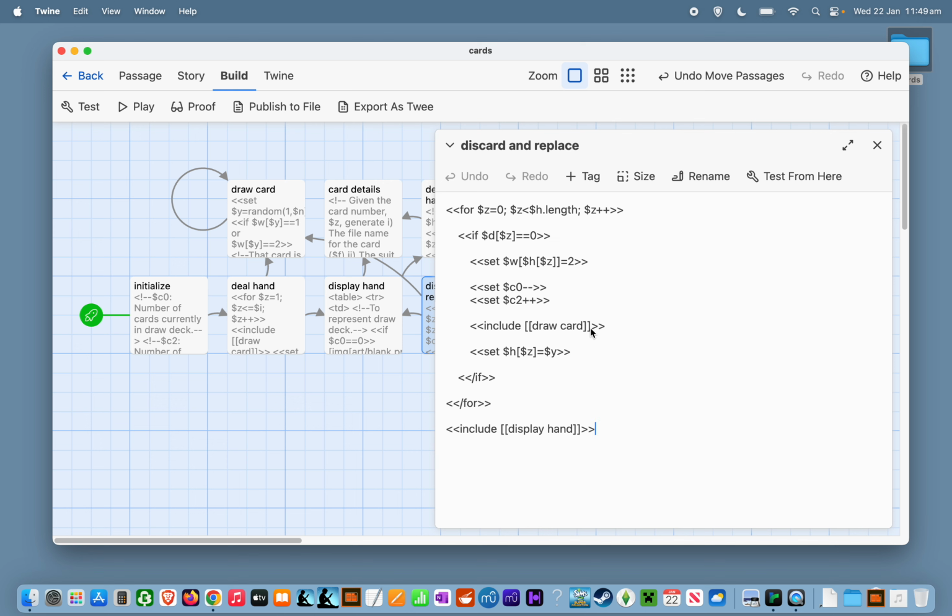The hand size does change, but it's reduced by 1 and then increased by 1. So there's no point making any change to it. Now, if we were playing a longer, more elaborate game,